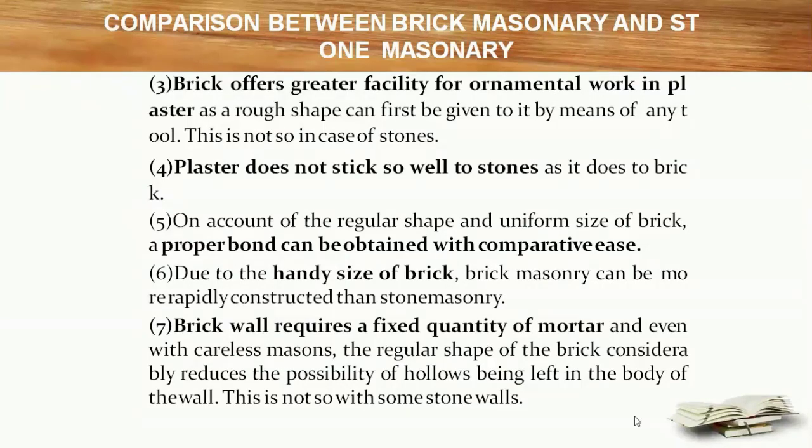So basically stone was the first building block used by humans, followed by brick. Brick masonry has been found in the ancient ruins of Harappa and Mohenjo-daro, dating back to around 2500 BC. Today bricks are the most commonly used material for building walls. The main reason for the popularity of brick is that the clay from which bricks are made is easily available and easy to handle also.